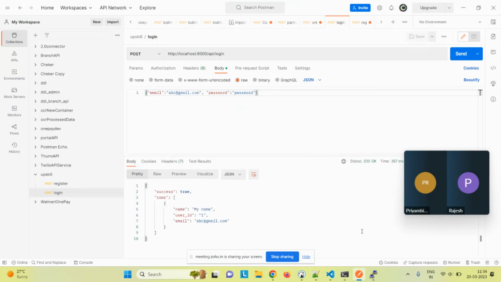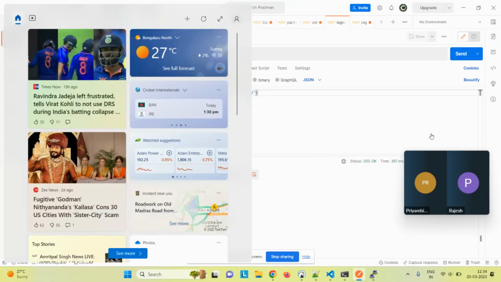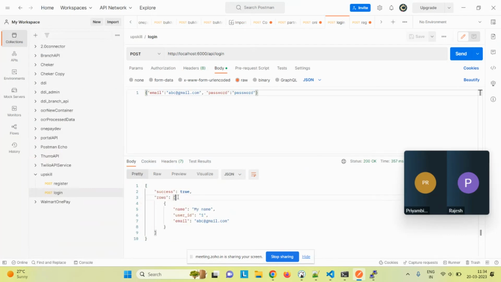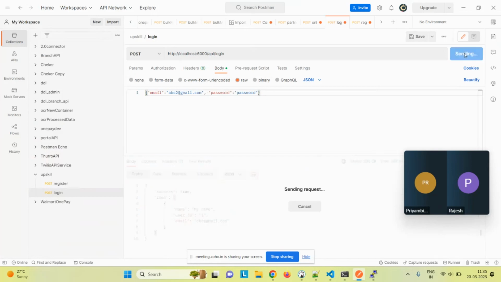Now at last you might see you get the rows back. Just to maintain consistency, I am using the array here. So array, within an array, name, user ID, email. I don't want password. So password is not part of this string now, because I don't want to pass the password outside. If password is wrong or if email user is wrong, ABC2, we know this user doesn't exist. You can see invalid password. ABC1,